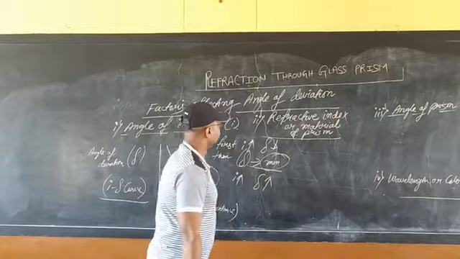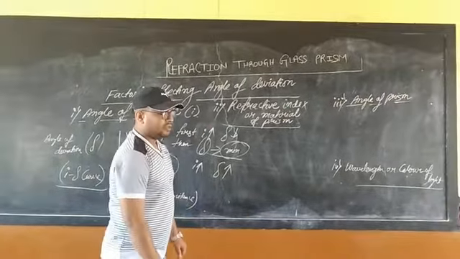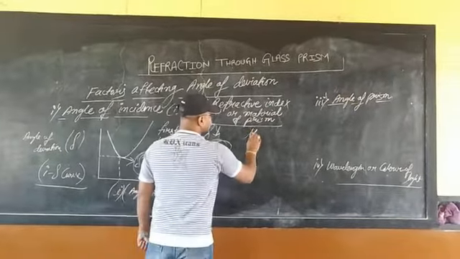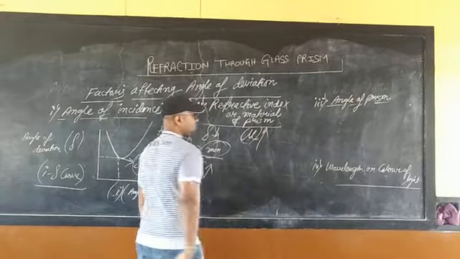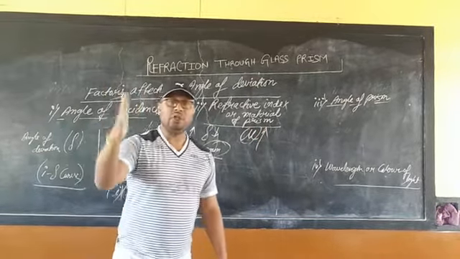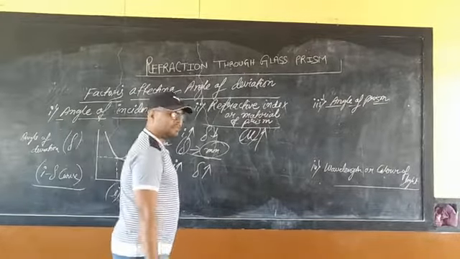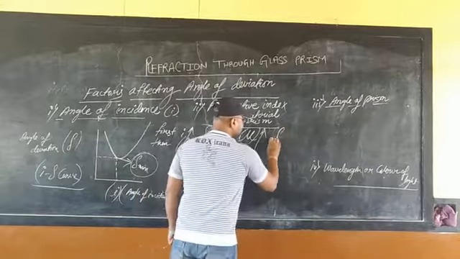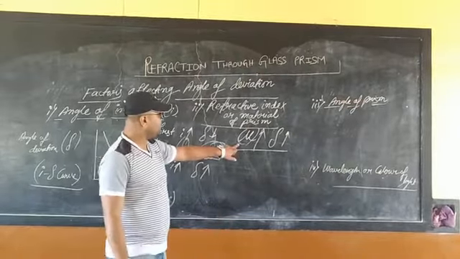Second point, students, refractive index of the material of the prism. Refractive index of the material means mu, which we have discussed. If mu increases, it means we are slowing down the speed of light. If we are slowing down the speed of light, then what happens? Then the angle of deviation also increases. More the refractive